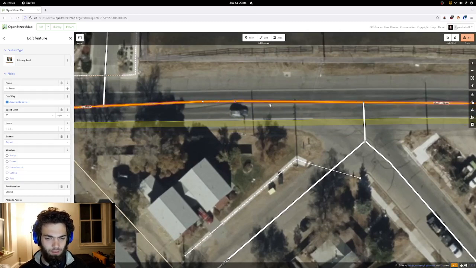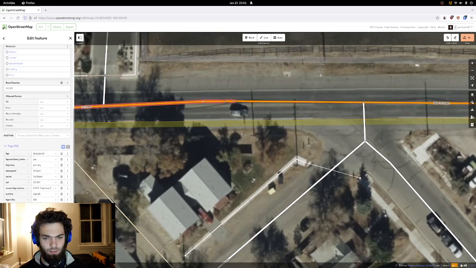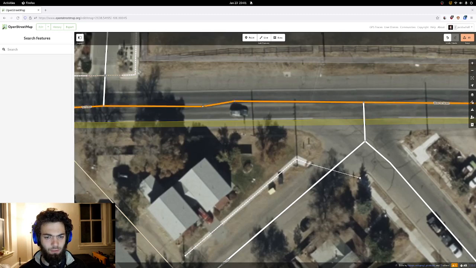Ooh, is that like a boundary? What's the difference between these two? Oh, there's like a speed limit sign or something. Okay, I will respect the